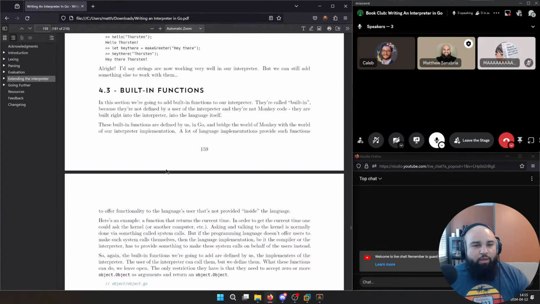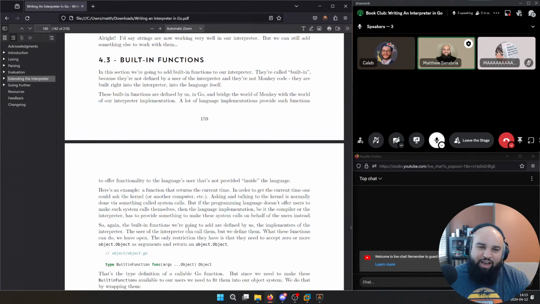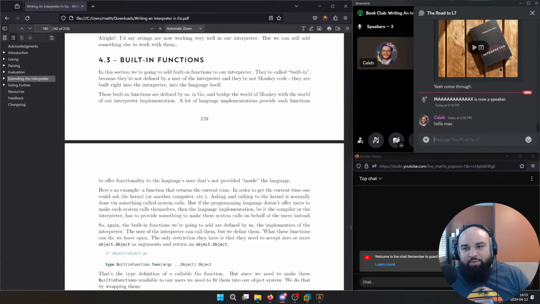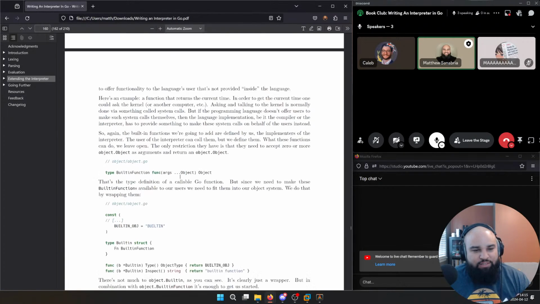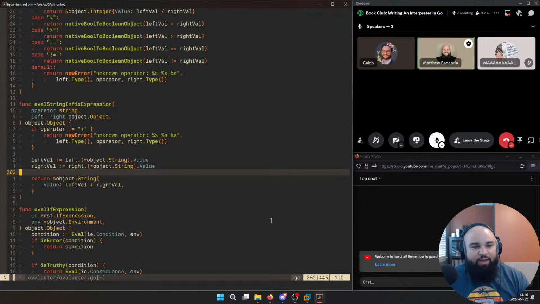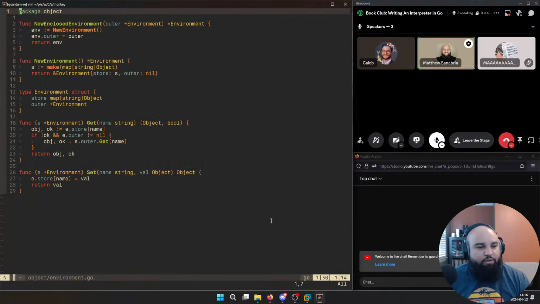built-ins. So I thought this section was interesting, partially because when I was reading it, part of me expected something different. I expected something more difficult than what the author came up with. Hello, Max. Part of me expected something different here, but built-ins are pretty interesting, and I'll go to object.go,